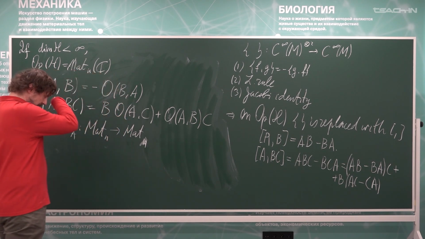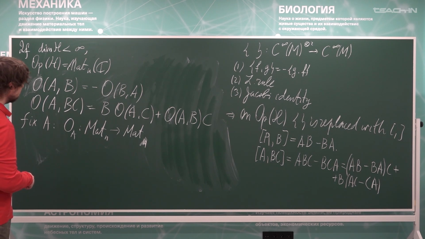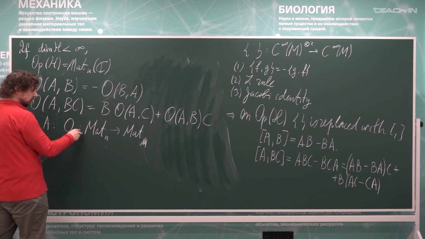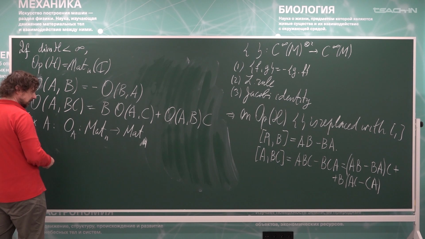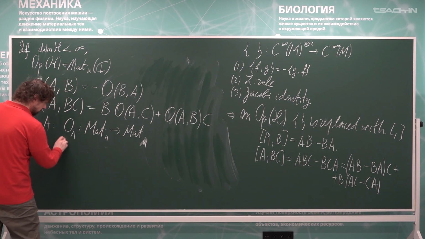But it is easy to see, and we'll talk about this when we come to the study of Hochschild cohomology, that the only set of operations on matrices which verifies this condition consists of so-called inner derivatives, namely